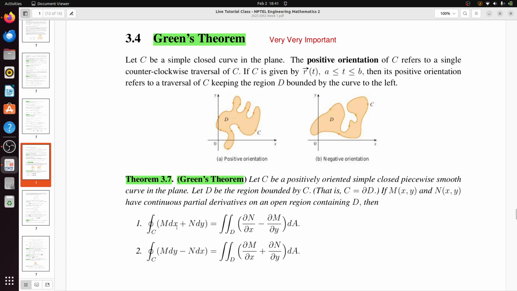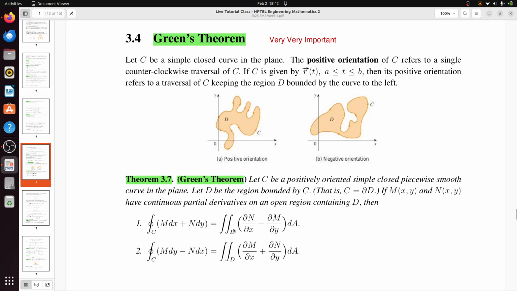So what does Green's theorem tell? Green's theorem tells that the closed contour integration of M dx plus N dy is actually the double integration of (∂N/∂x minus ∂M/∂y) dA. Okay, that means Green's theorem converts a surface integration to a path integration and vice versa, a path integration to